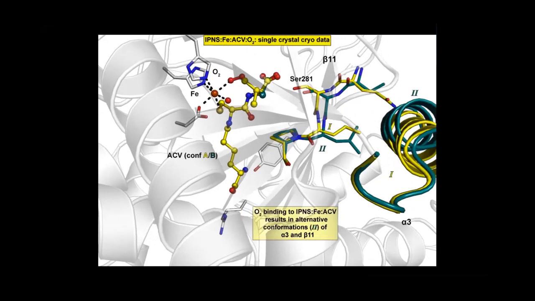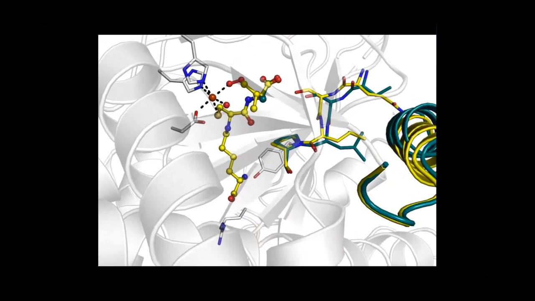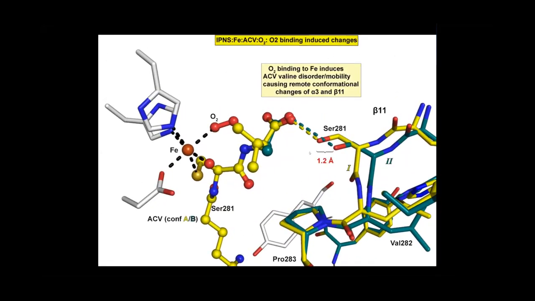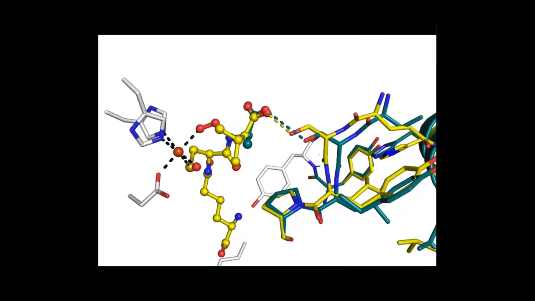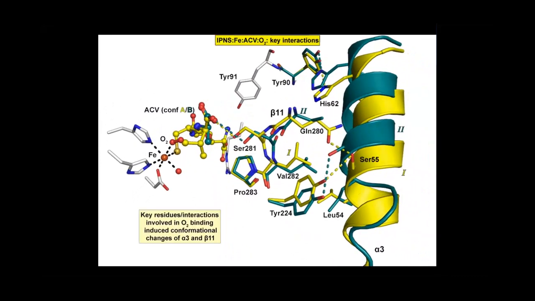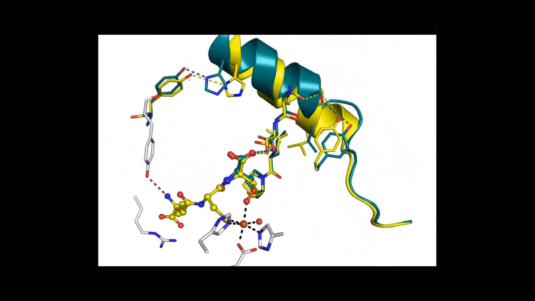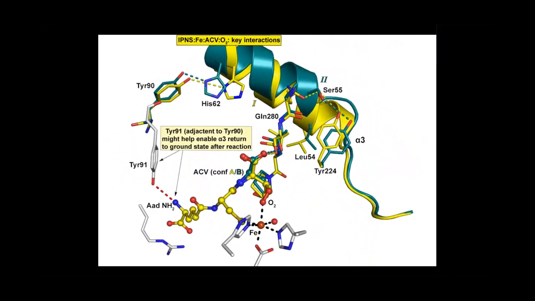We have O2 binding, we have the second conformation forming, triggering this beta 11 part moving back. We are pushing the serine 281 by 1.2 Angstrom back. And then there are a lot of key residues which are triggering alpha-3 also to rearrange. And as mentioned before, we have this interaction here with histidine 62, tyrosine 90, and this is kind of involved